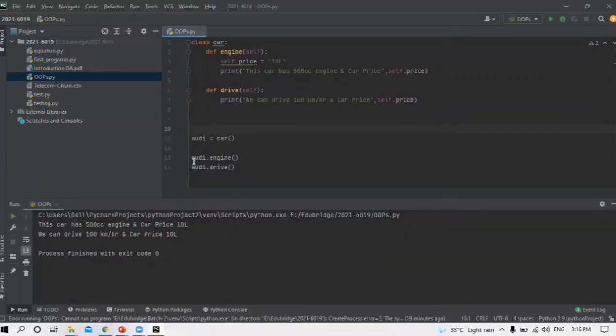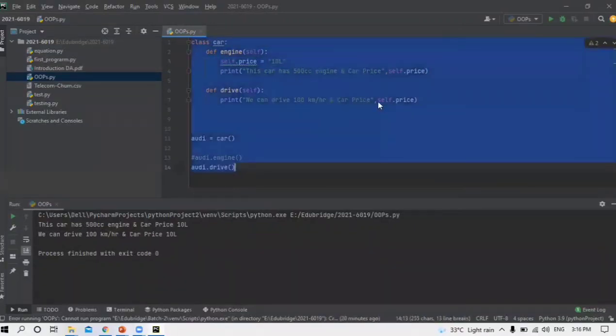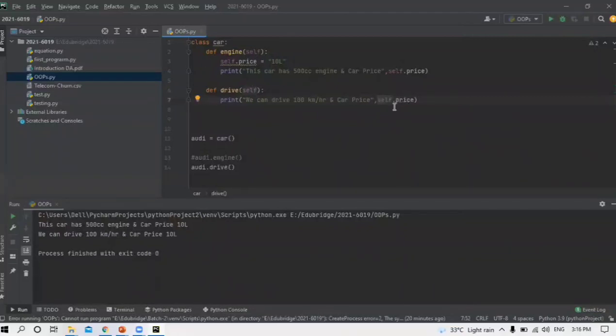But in case you're not calling the engine, where you defined the variable price, and you're not calling this method, then obviously this part will never be invoked, and you defined the variable in the same method. So obviously self dot price will not work, because self is just passing the reference. But again, this also creates one kind of problem.